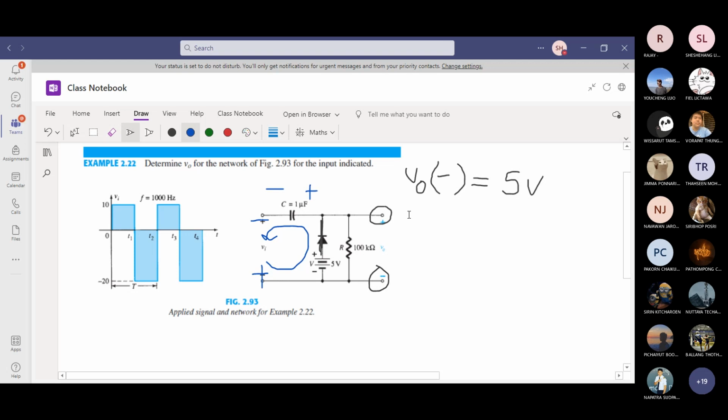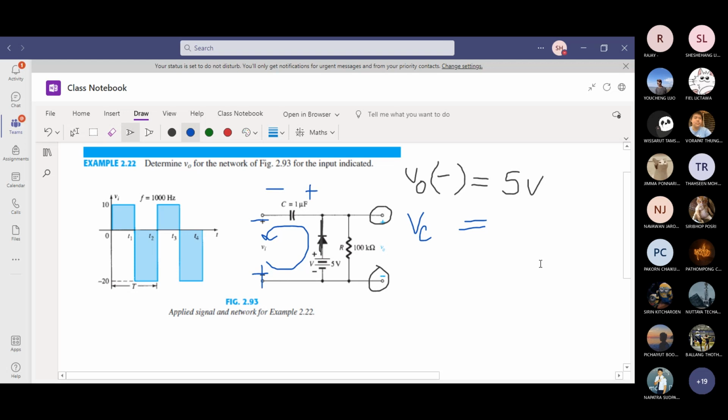Using the KVL, what is VC? What will be the equation? Okay, I'm going to move on to the next one. San An,